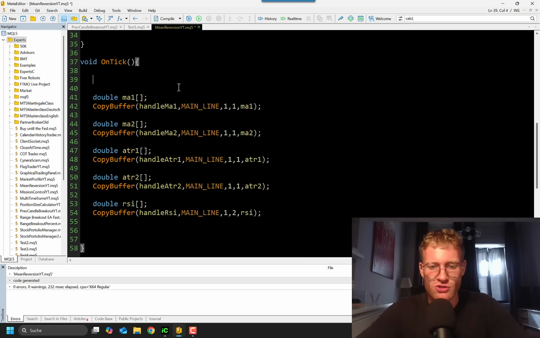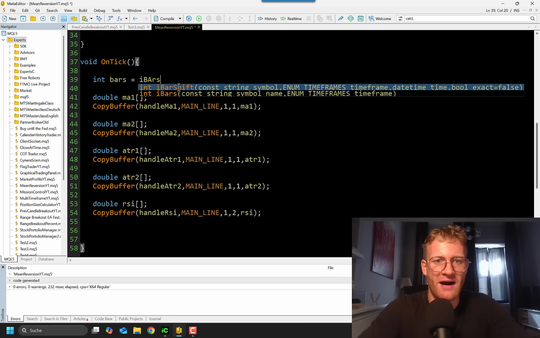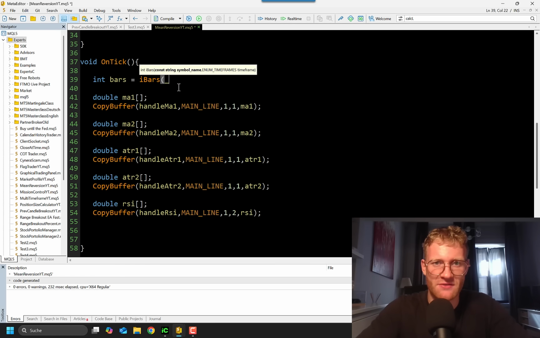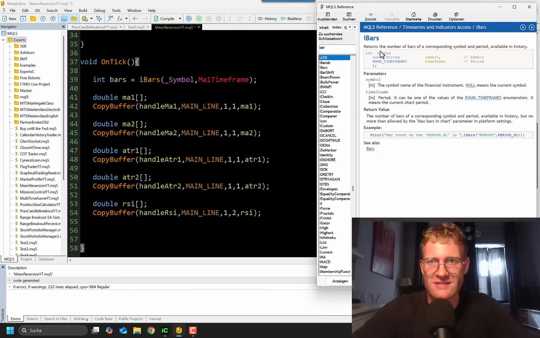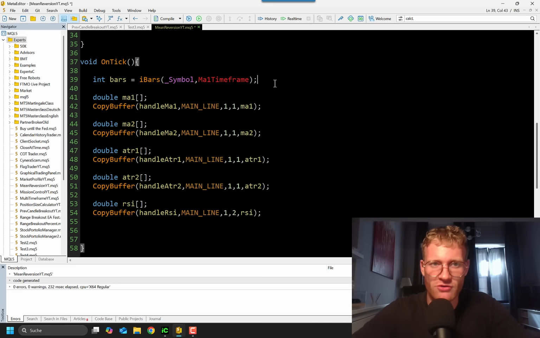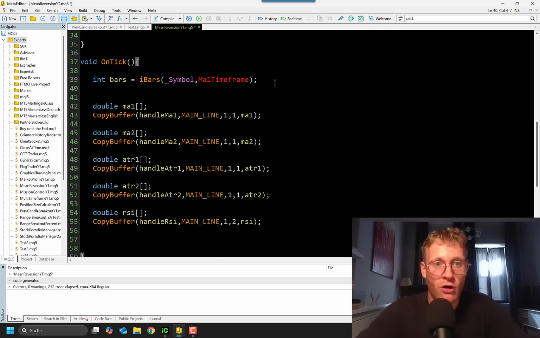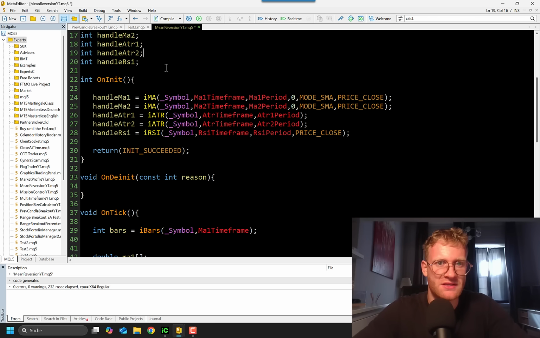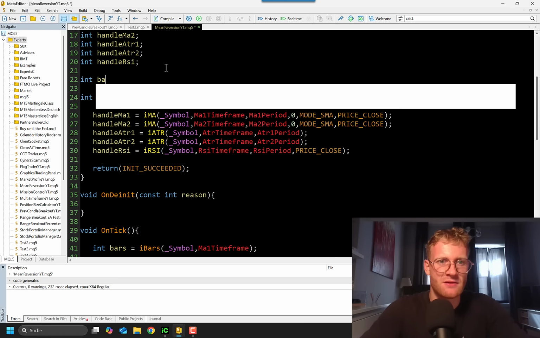So a simple way to do so is, for example, to check if there is a new bar in the chart. We could, for example, say we want to get the bars for a specific symbol and time frame. Here we can use, for example, the MA1 time frame, and we use the iBars function. In the reference, we can see it returns an integer value, and it just needs these 2 parameters. It will just give the amount of bars in a chart. Then also we can use a global variable. Here, for example, we can say int barsTotal,